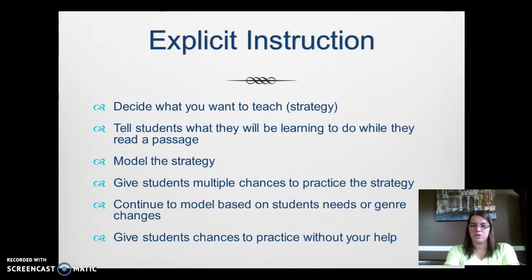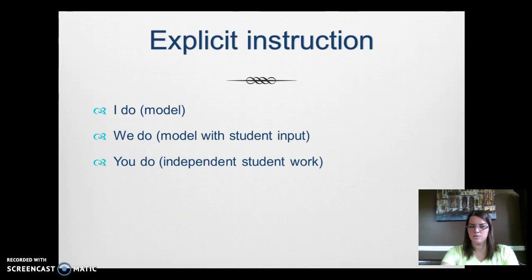First, you want to decide what strategy you want to teach. You tell the students what they're going to be learning. You model the strategy. You give them lots of chances to practice. You continue to model that, and then you give them a chance to practice independently. It's called I do, we do, you do. So you would watch me do it, then we would do it together, and then you would do it. So it's just kind of that transformation of passing the baton, I guess. You show them how to do it, then you do it together as a group, and then they do it